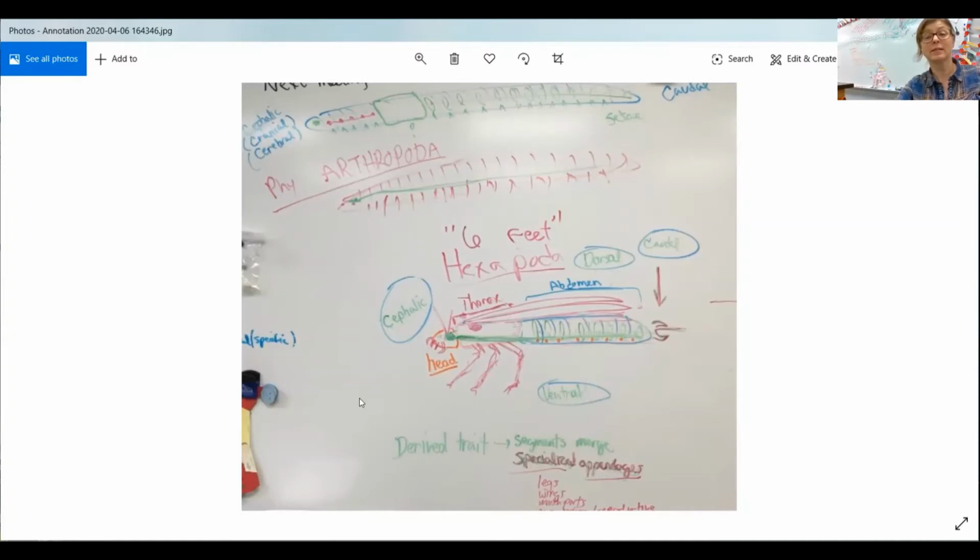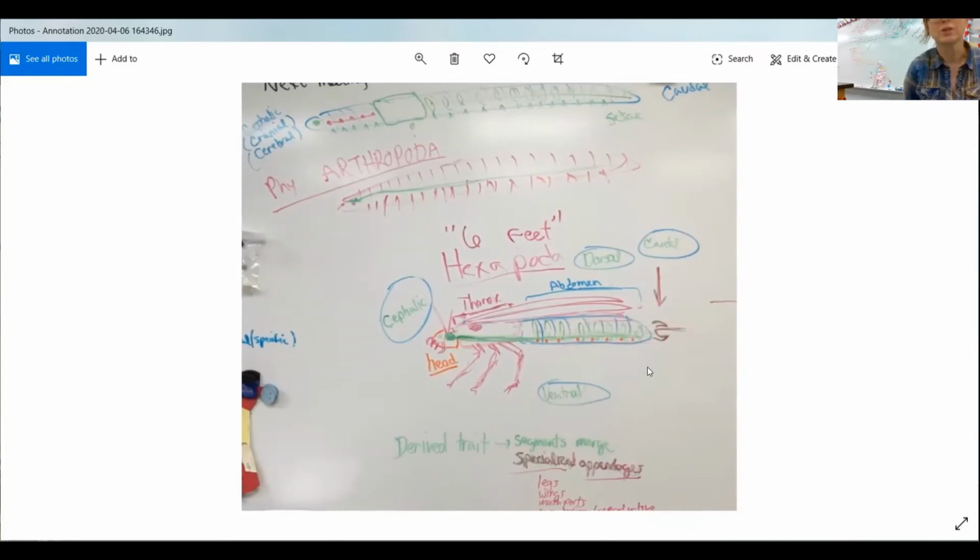So the insect is in Phylum Arthropoda. Did King Philip come over? Class Hexapoda, and then you learn some orders of insects first semester. Several segments have become a head, and several segments have become a thorax. And then when you get to the abdomen, if you lift up the wings and look underneath, in a lot of insects you can see the multiple segments of the abdomen still. It's all called abdomen, but you can see the external evidence of the segments.